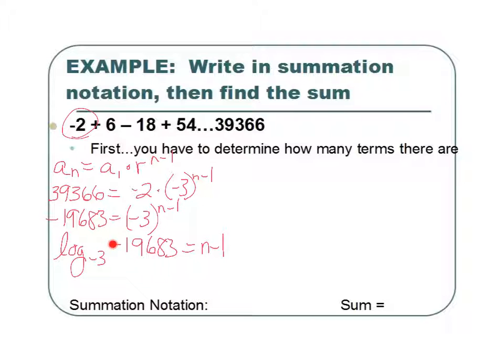So don't get caught up worrying about those. It's really just 3 to some power is going to get me this 19,000. So let's find the log and let's not use the negatives. So then you're just doing log of your bigger number divided by log of 3. And don't put the negatives on it. And you can see, oh, well, that comes out beautifully. That's just going to be 9